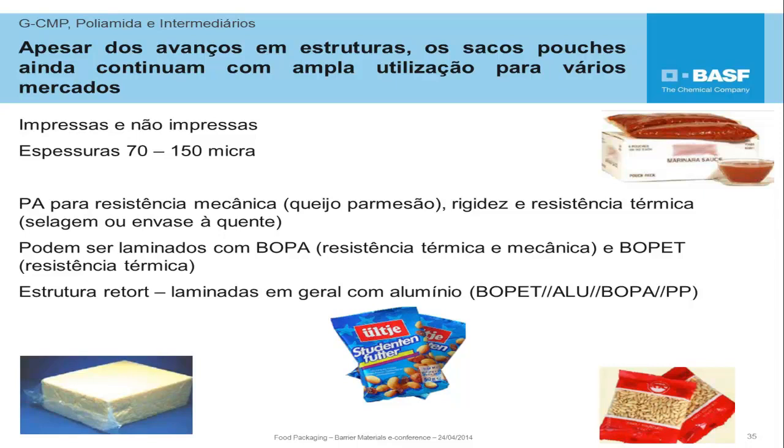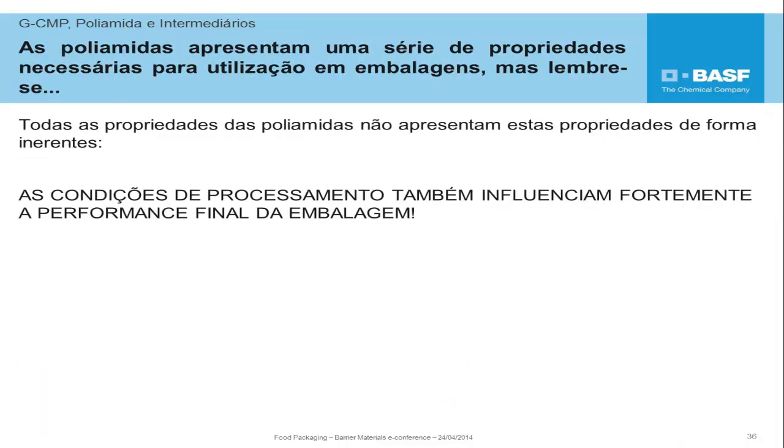Here it can be laminated with bi-oriented polyamide for heat resistance and mechanical strength, and also biaxially oriented polyester for thermal resistance. Slide 36. Completing this presentation, we have seen the polyamide properties, characteristics, applications and different types of structures, different types of products, films. So we can conclude that polyamides can be used in different applications with requirements for mechanical strength, heat resistance, and barrier to